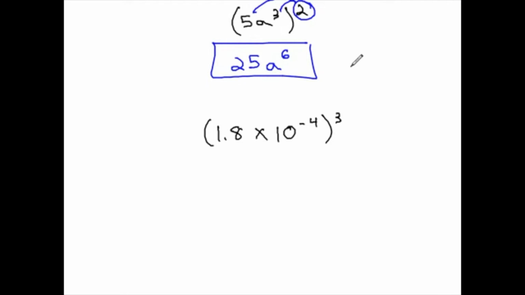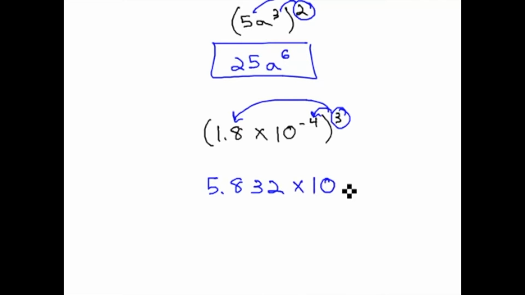We can follow this same pattern using scientific notation. As we do, we will treat the 10 as if it were a variable. When we see this expression is cubed, we'll take the cubed and put it onto each factor. We'll probably want to use our calculator to find 1.8 cubed, or 1.8 to the third power, which is 5.832